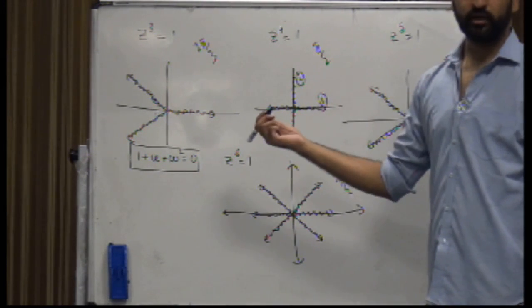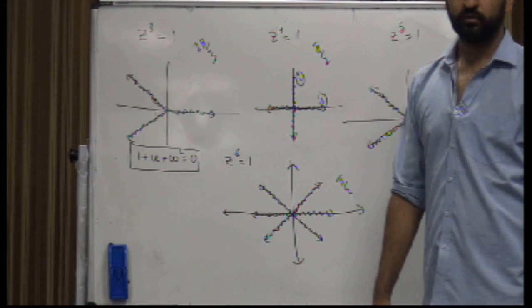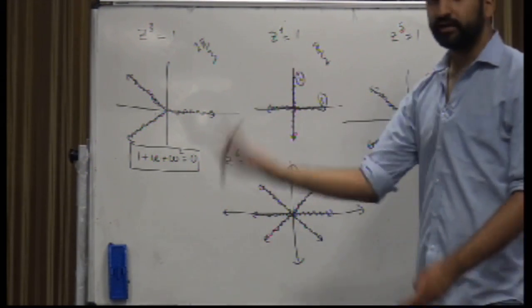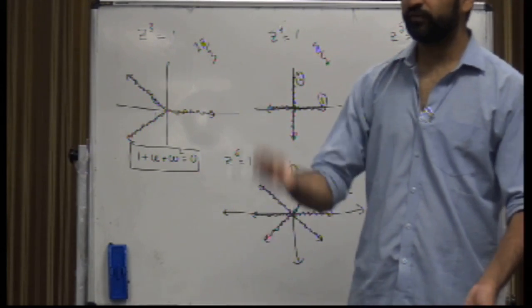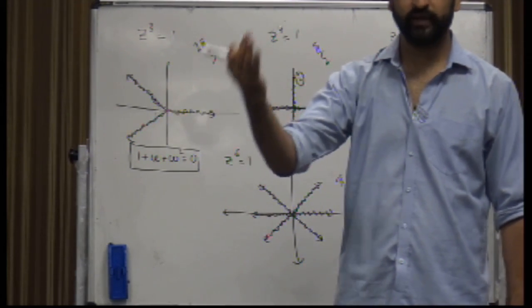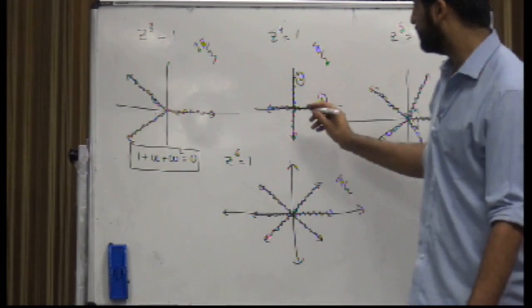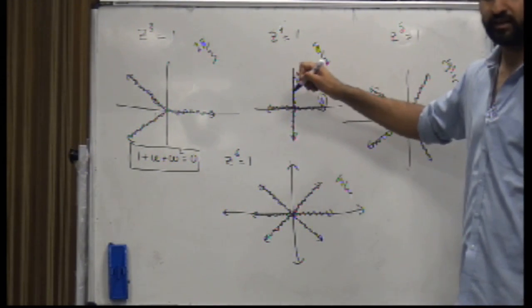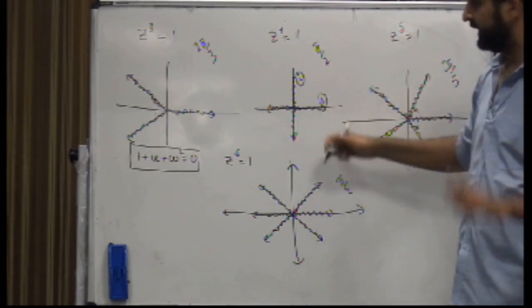Why is this iota? If you write iota in the polar form, or the Euler form, it will be 0 plus iota, which means the real part is 0 and the imaginary part is 1, right? So this will be on the